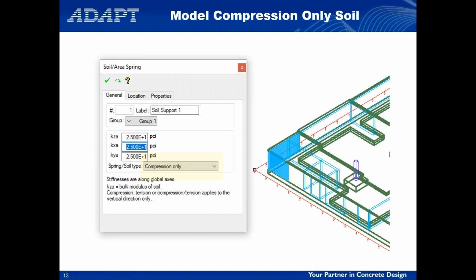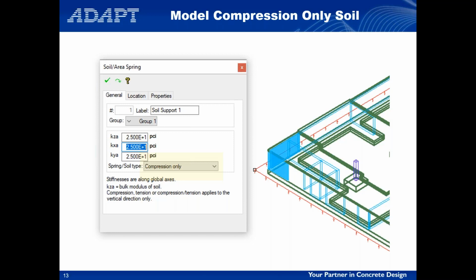So here I've taken that podium Floor Pro slab. We're now looking at the same model, but looking at it from the bottom, so you can see that there are foundation elements now below. I've highlighted the soil spring, and we're looking at the soil spring user interface, and I've highlighted in yellow compression only. That is key. It is a must to be able to do this process properly. And I'll explain why later. I mean, besides the fact that you do not want your soil to be able to